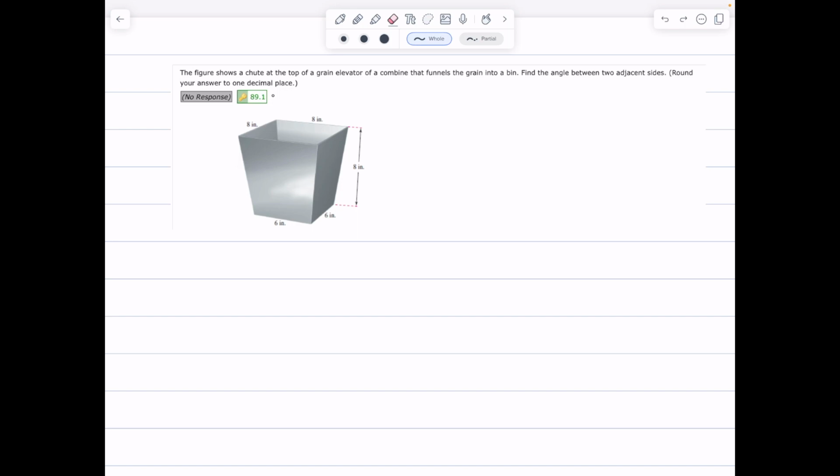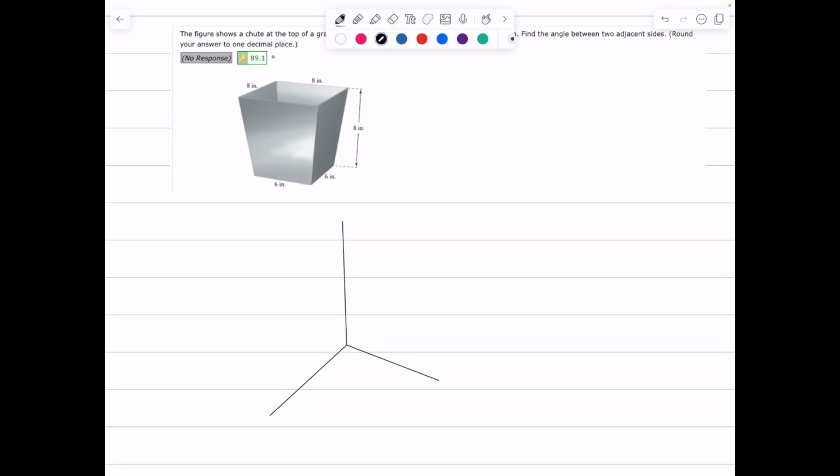We've got a chute at the top of a grain elevator of a combine that funnels the grain into a bin. We're going to find the angle between two adjacent sides. What's going to happen is the Z will go up to 8, and what we're going to do here is line up bottom edges and center them. So you basically are going to have these vectors here,